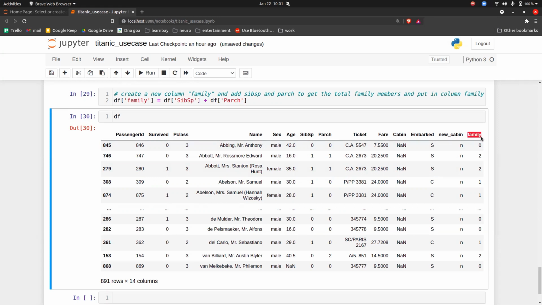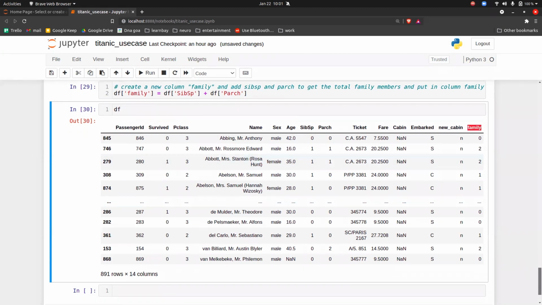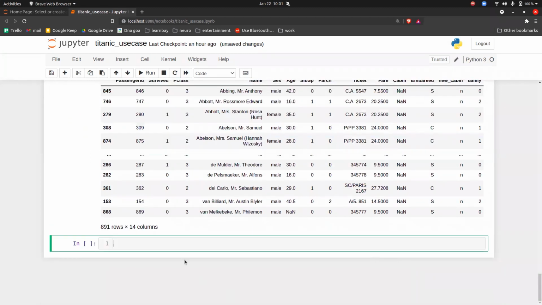Of course, this is just a basic class, but after machine learning, when you finish, you will get a lot of ideas of how to do it. Okay, so now let's move to the next question.